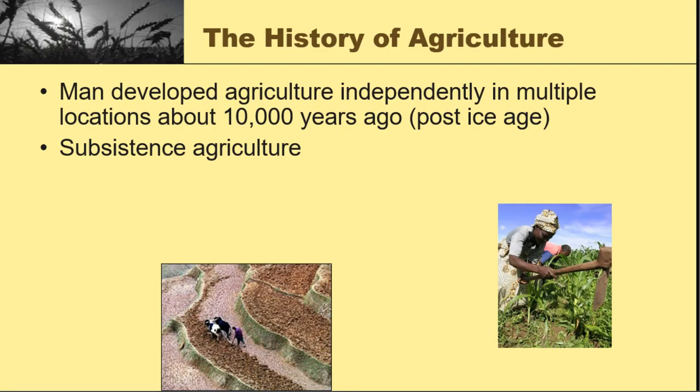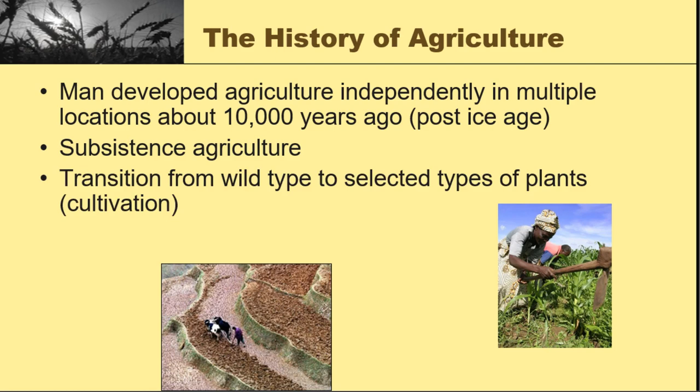So when you look at the history of mankind, you can see that about 10,000 years ago, globally, we are engaged in agriculture. And we have samples that go back as much as 15,000 years. But whatever dates and evidence you're looking at, we are doing subsistence agriculture with crops that we are domesticating. We are transitioning from the wild type to very specific plants that we are breeding, that we are cultivating, right? And by 10,000 years ago, we have global agriculture, essentially.